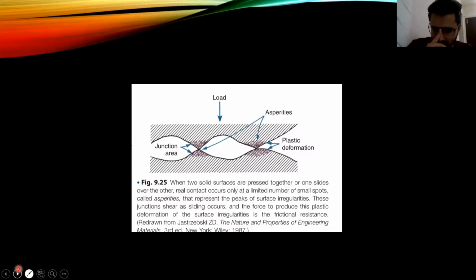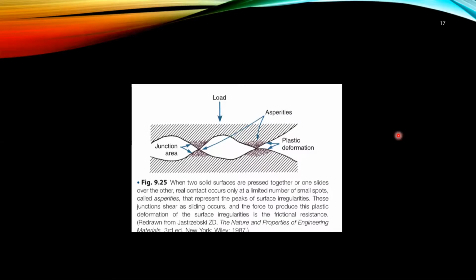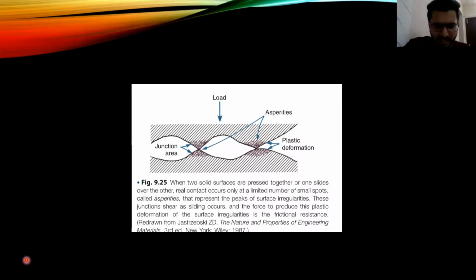Now this is just for your sake. This is the friction part of orthodontics. Whenever two surfaces are contacting each other, every surface is irregular, right? No matter if it's polished a little bit, they are irregular. They will have some high points, they'll have some depressions. These high points are called asperities. These are the points where the two surfaces will meet and that friction will come. Just for your knowledge sake, I put this.